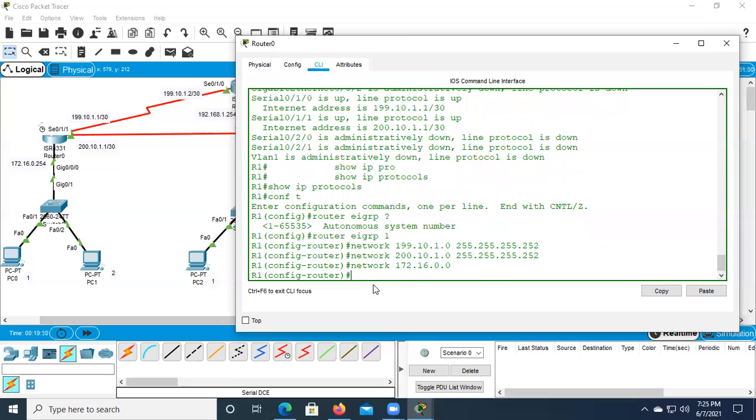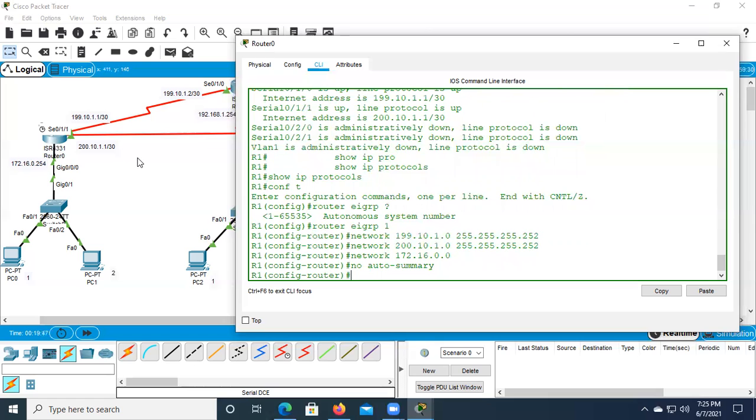But the above networks are by default in class C. By default, EIGRP will do auto summary. It is going to summarize to their default network. But I don't want to summarize to their default network. I use the command no auto-summary. Don't summarize to the default classful network. So it is mandatory that in router 1, router 2, and router 3, you must execute the command no auto-summary.